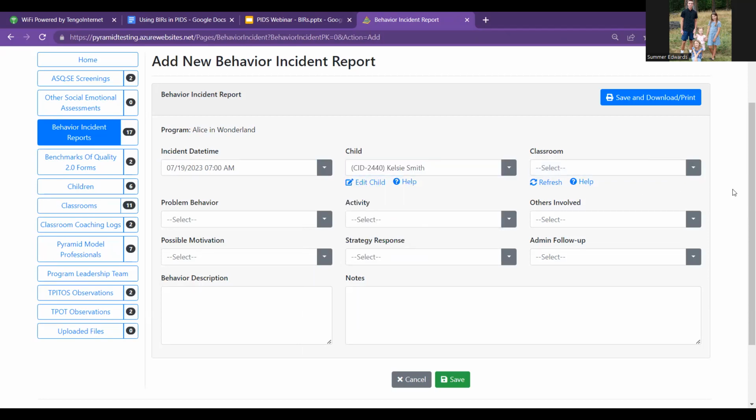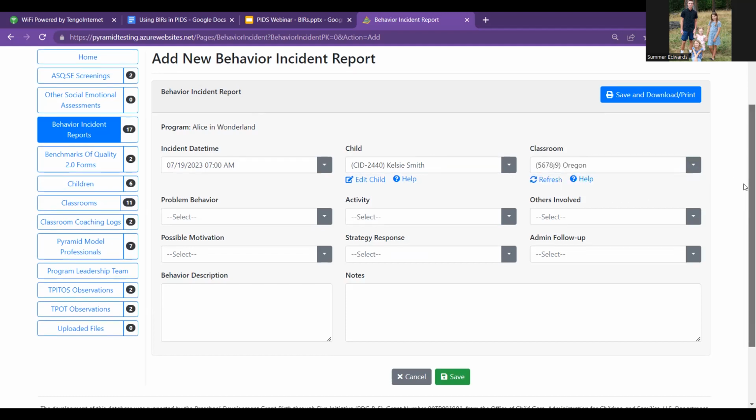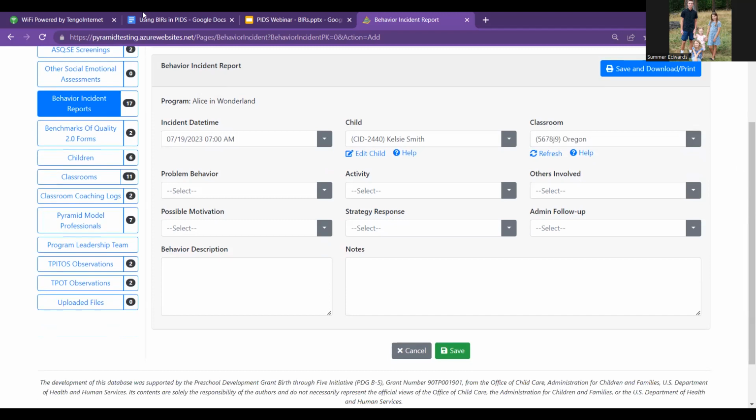And then we see our classroom field also become available now. So the system is going to say, okay, we know this is the date, this child was active in the system at this time, and now what classroom is Kelsey enrolled in? So that's where those setup pieces need to be done. So if we had skipped that part, we would not have a classroom selection for this particular child. So we'll go ahead and select the Oregon classroom